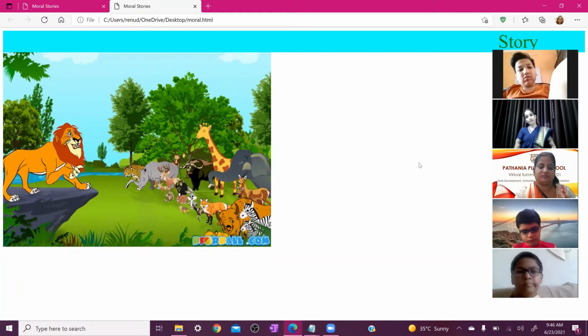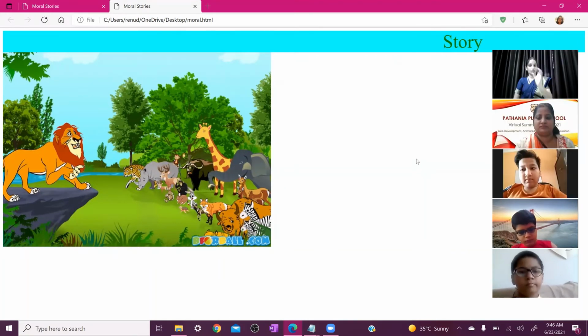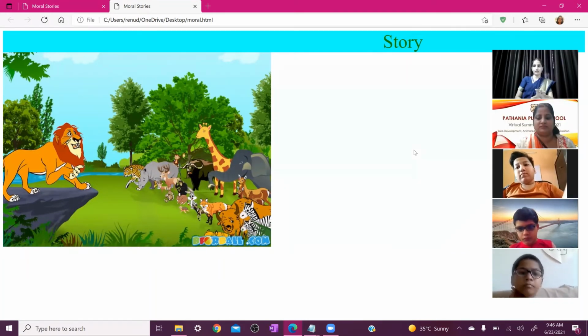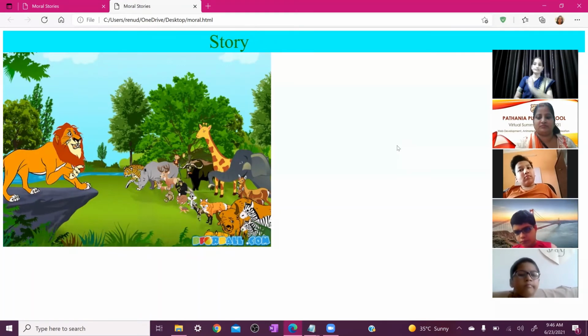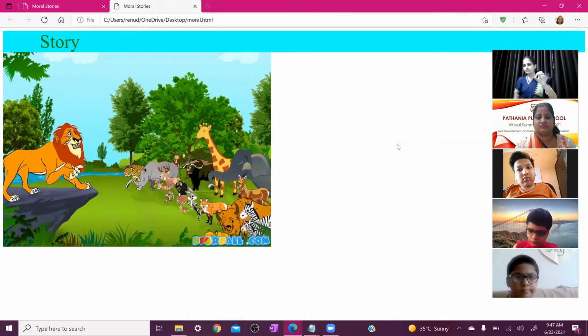But comics first you download in your computer, then you can add it here. Okay. And one more thing is here. If you take any comics from the internet, you can just give the hyperlink. How we give it? I will explain it here. You just write down here the link of this particular comics. Comics will also be added here.